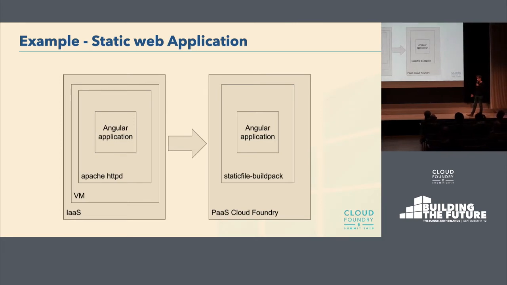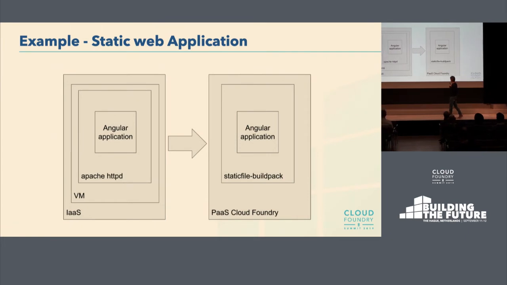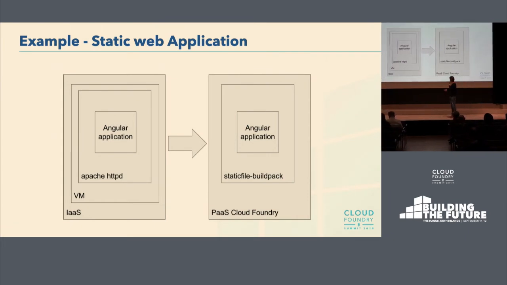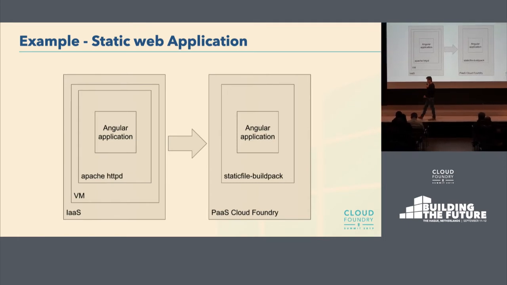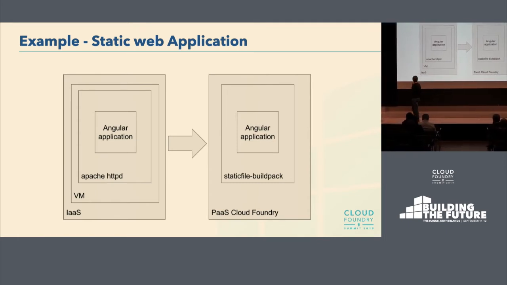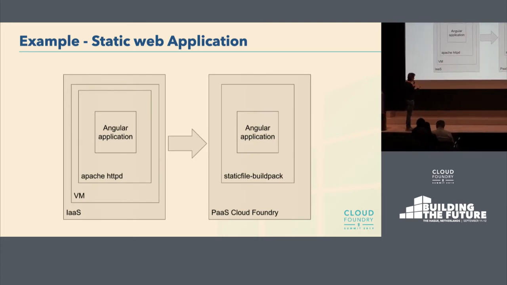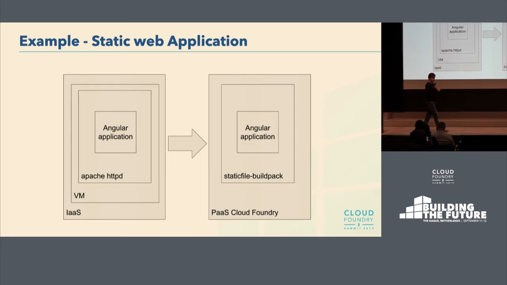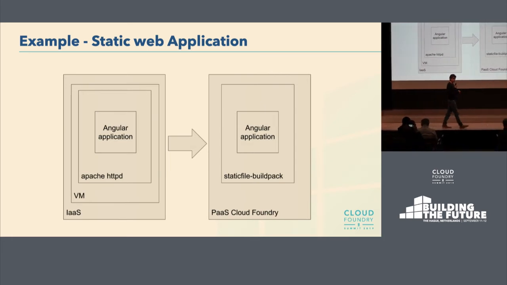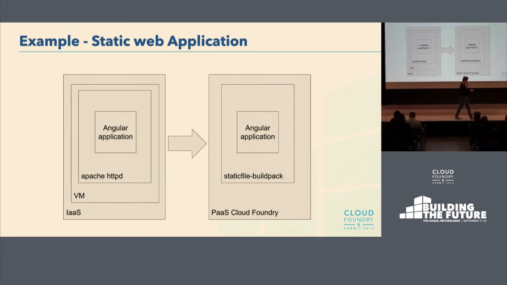Awesome, let's take a look into a few examples of applications or components that we migrated. The first one is a static application built with AngularJS, a static web app. Very easy to migrate, using the static file buildpack, which is essentially Nginx, where you deploy your static files. Zero changes to the application. We completely removed all the hassle around VM provisioning, deploying the web server, deploying the application. All of that is not needed anymore. You have cf push, you push the application as is, it works.